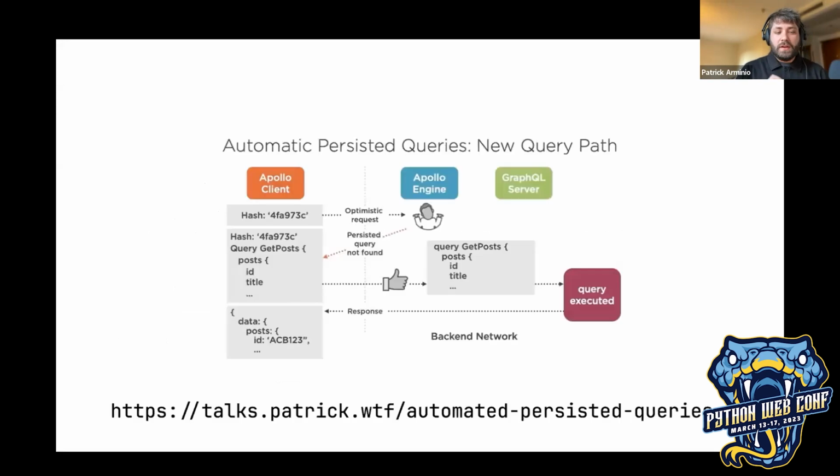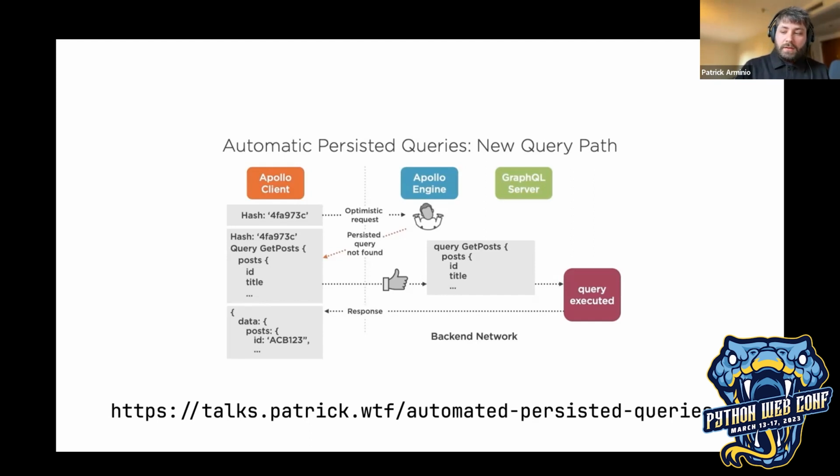And the way this works is that your client sends the query with the ID, and the server tries to find that ID in memory. If the ID doesn't exist, it returns an error to the client, and the client is going to send the actual query to the server. And at that point, the server is going to store the ID of the query, and then all future requests are going to use the ID. The trade-off here is that the first request is actually going to be two requests, because there's the first one that fails and then the second one to store the ID, but then you don't have to write any code. And this is supported by all the front-end clients that I've seen for GraphQL. So it's a good way of doing this.